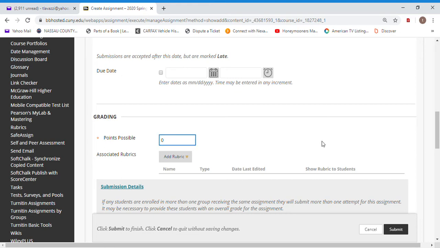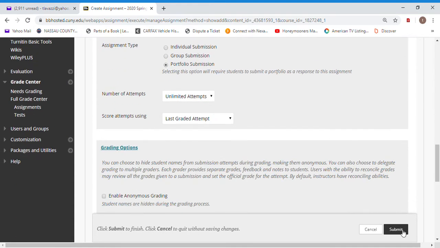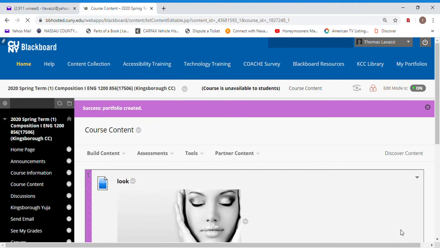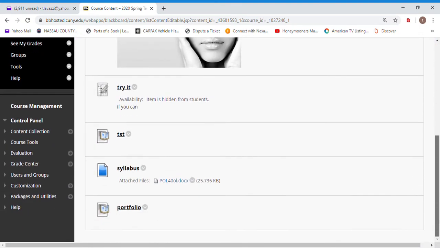And this, again, it's like a meta assignment. It's not a specific assignment where students create a paper. So anyway, we submit this assignment, and then you should see it with your other assignments, right? And then when students are ready to submit to this assignment, they will go here,